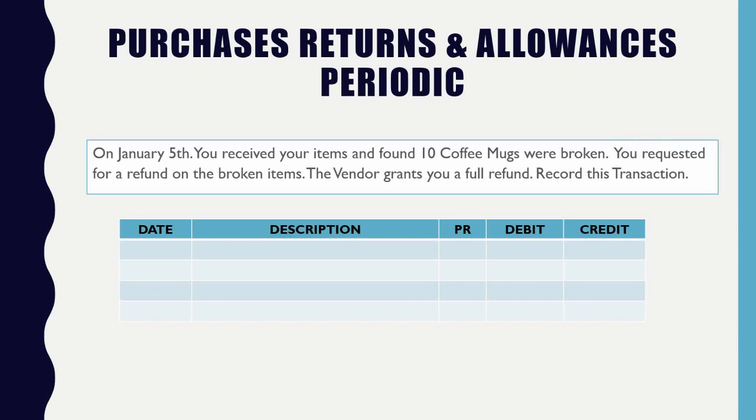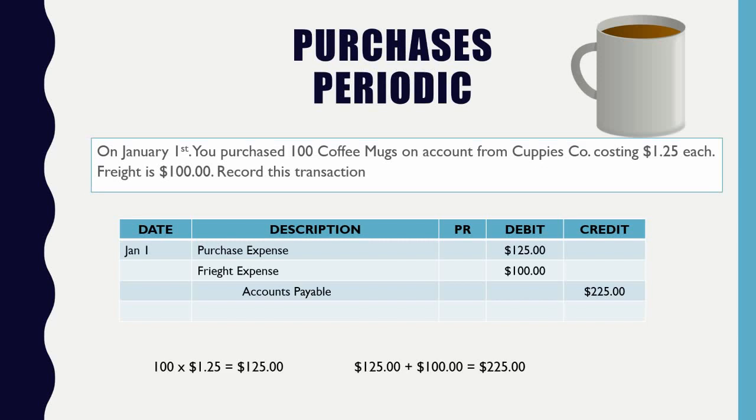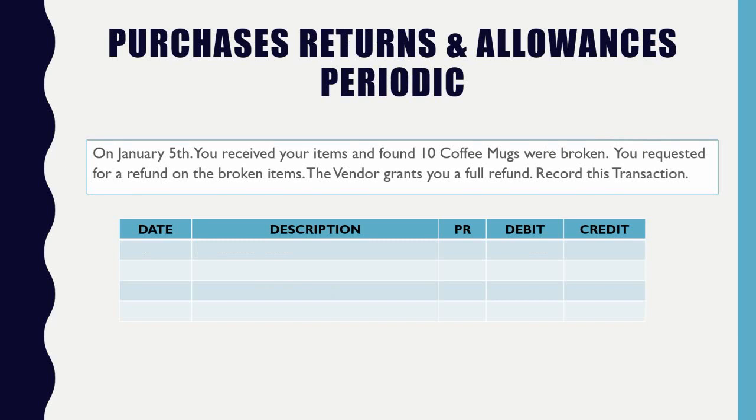Your first assumption that you're going to record. I'm getting a refund. Refund? Not purchase expense refund. Okay, so if I owe them money, and I'm getting my money back, essentially. This is the same thing I got hung up on before. It's going to be the same way. Sort of. So what's my first account going to be?